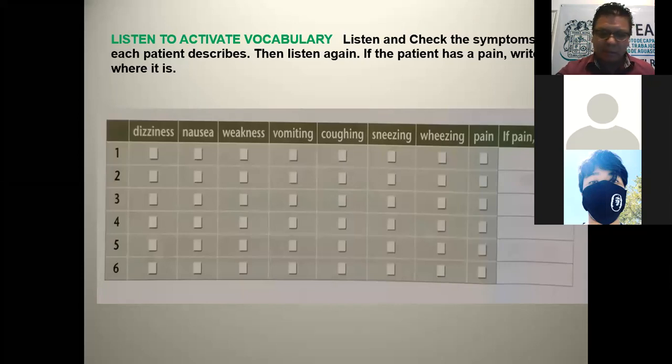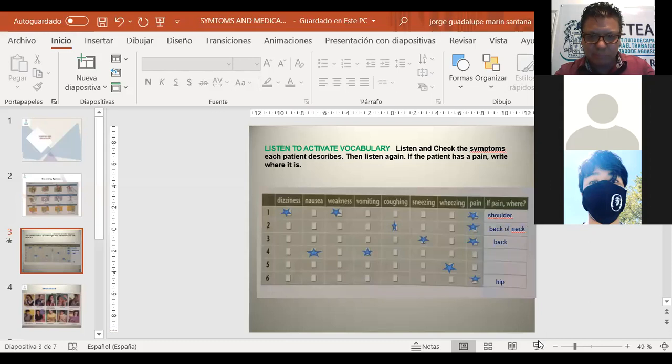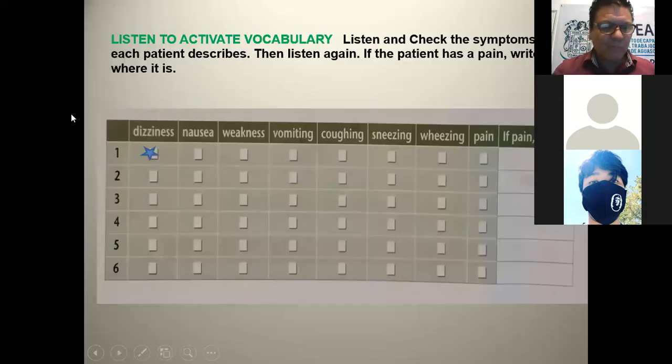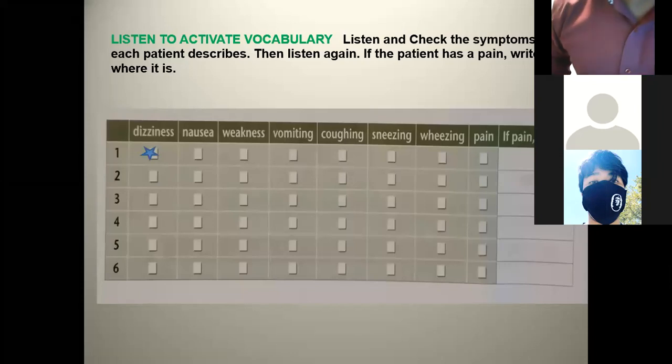Okay, now that we have already listened to these 6 patients, page 16. Pronunciation. Intonation of lists. Exercise A. Use rising intonation on each item before the last item in a list. Use falling intonation on the last item. Read and listen. Now that we have already listened, we have the first one. Look, the first patient,